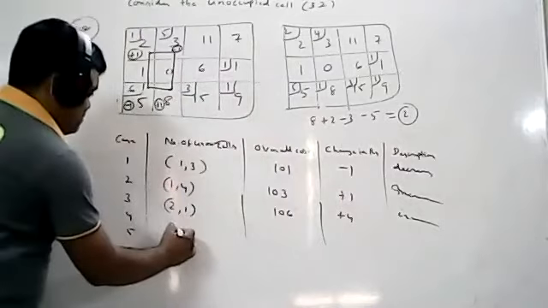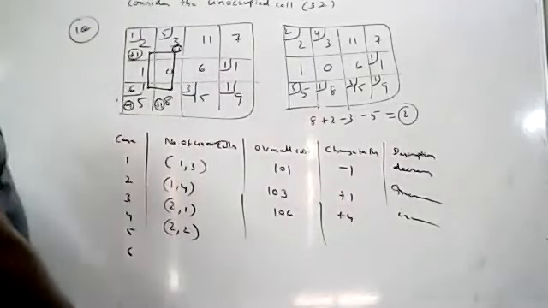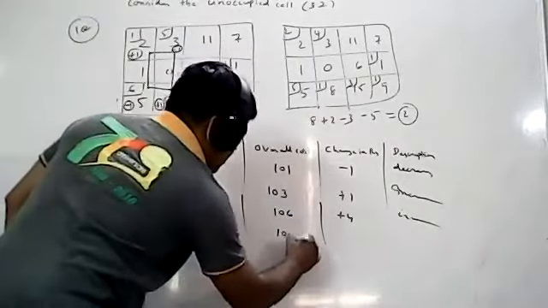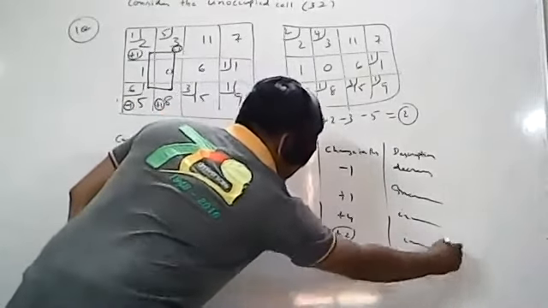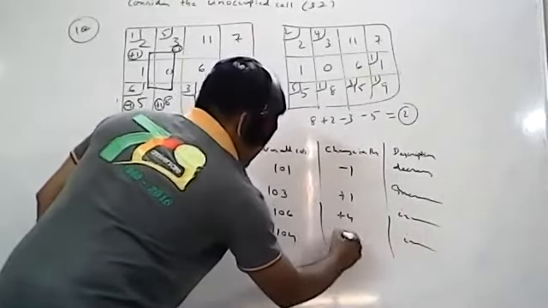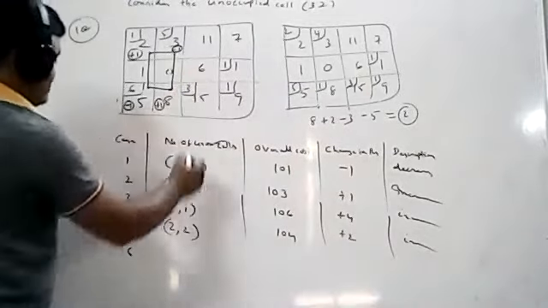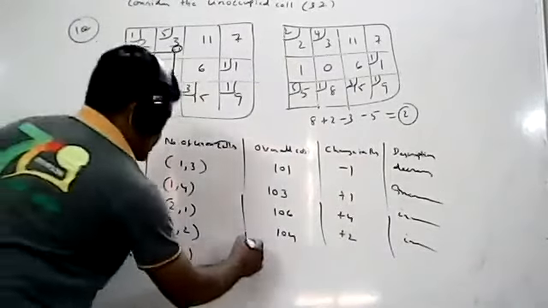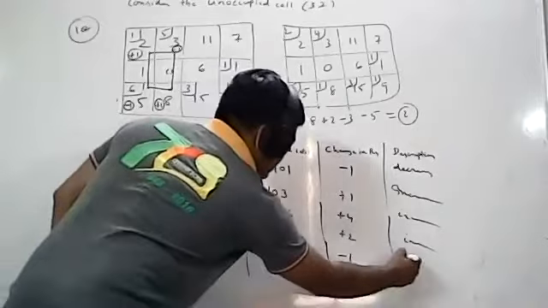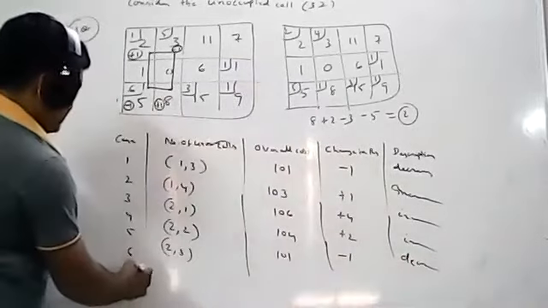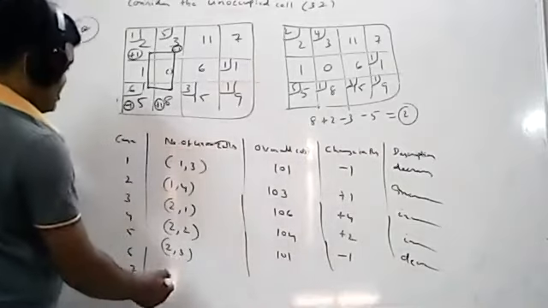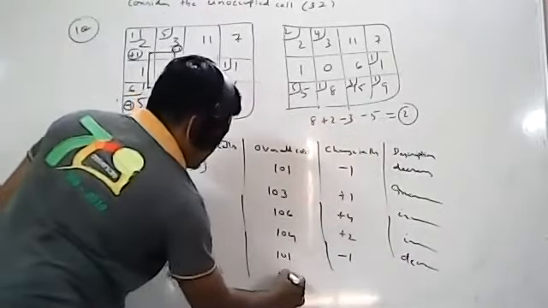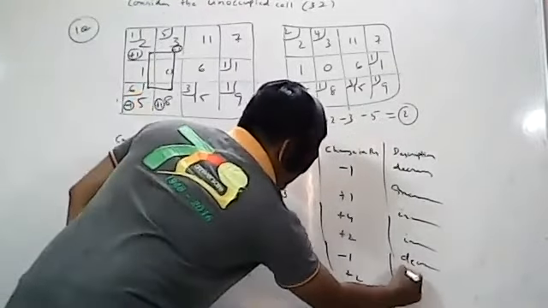Next unoccupied 2, 2. 2, 2 value you got? 2, 2, +2 you got. So +2 means 102 + 2, 104. +2 means again increase. Okay, next unoccupied cell, 2, 3. 2, 3, I think you will get -1 again, decrease you got. So decrease means 102 - 1, 101, -1, decrease. Last one, last cell number 7, what you got? 3, 2, +2 you got. +2 means 102 + 2, 104. +2 means increase.